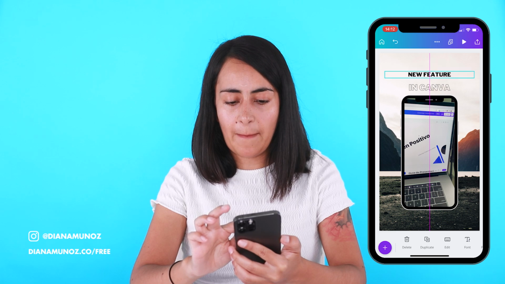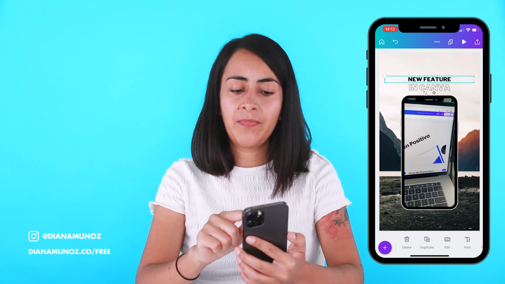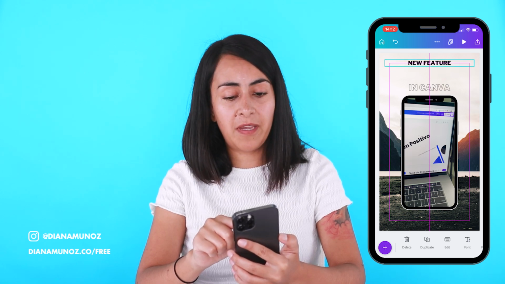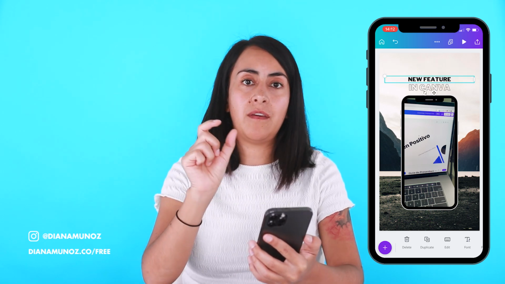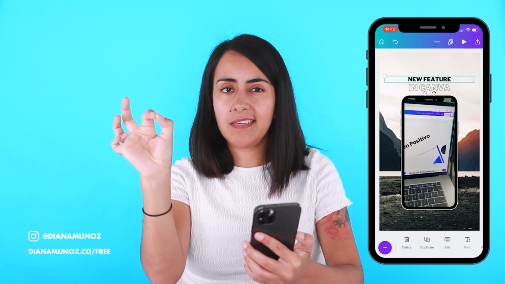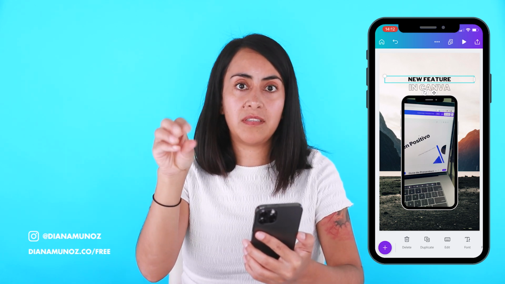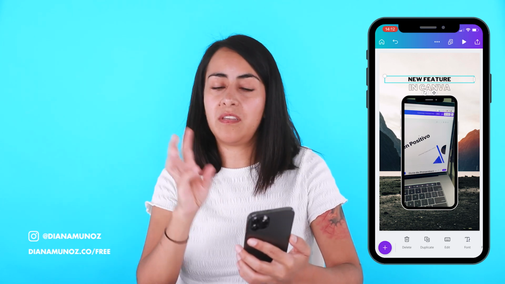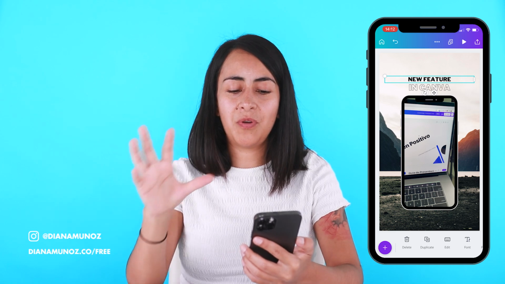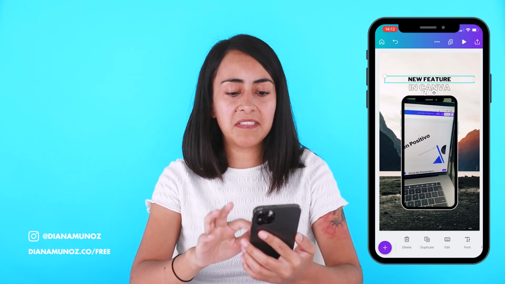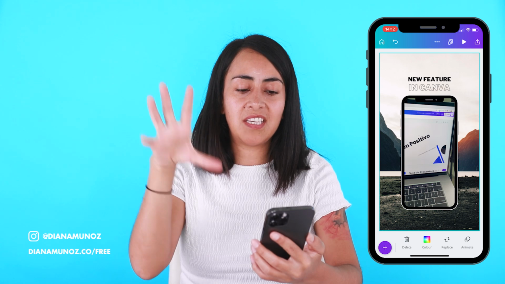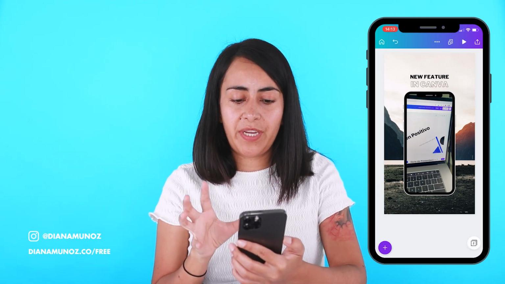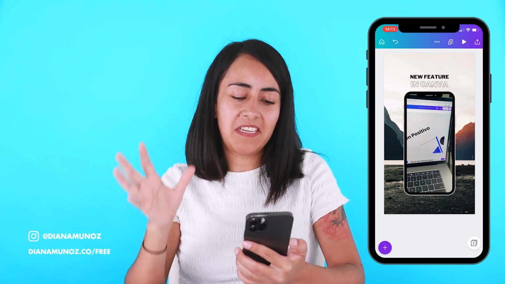I want it to be around this area, because if we leave this text around this area, we may have the following or the for you text that is imprinted or embedded in the platform on top of this text, so it might be difficult to read. So that's why I'm trying to pay attention to the safe areas and trying to keep everything in the center of this design. Okay, and now that we have this first page or this first scene of the video ready,